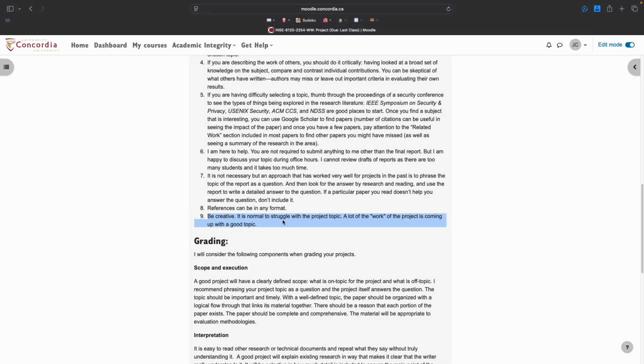Okay, so it's normal. You don't know what to do. You can do anything. You look at network protocols. There's 2,000 network protocols. What are you going to do your project on? Okay, that's normal, right? You want to do a good project. You're going to struggle trying to find something. So that's normal. Don't feel bad if you're struggling, but you got to push through and actually choose a